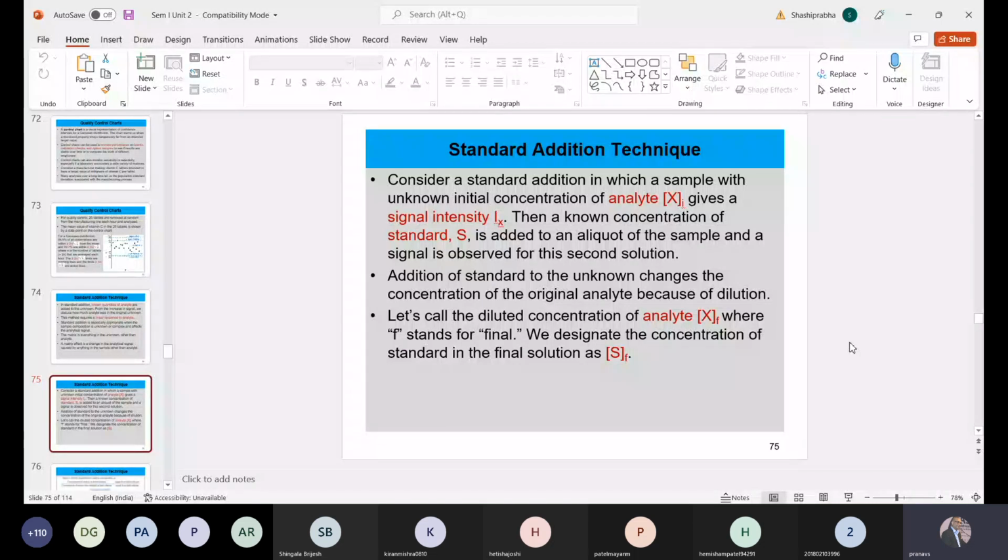Consider a standard addition in which a sample with unknown initial concentration, analyte Xi, gives a signal intensity Ix. Then a known concentration of standard S, that substance is same, is added to the aliquot of the sample and the signal is observed for the second solution. That means एक sample था,